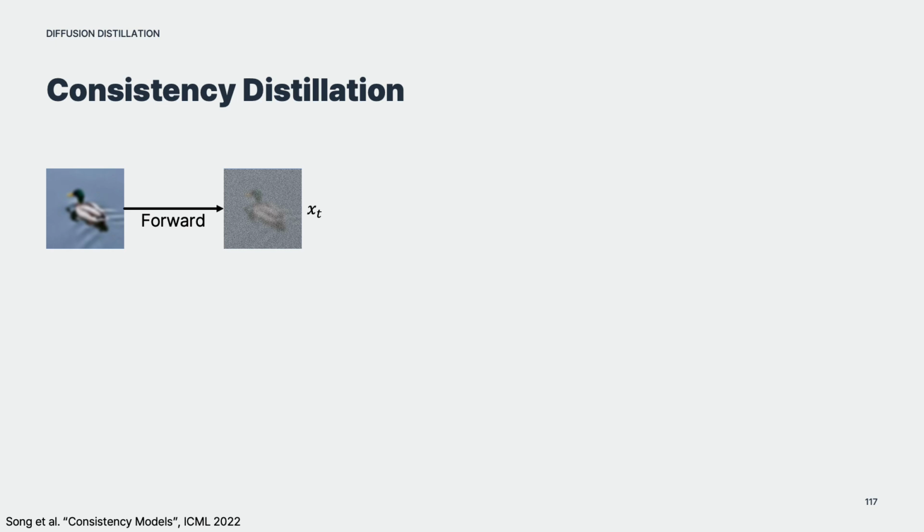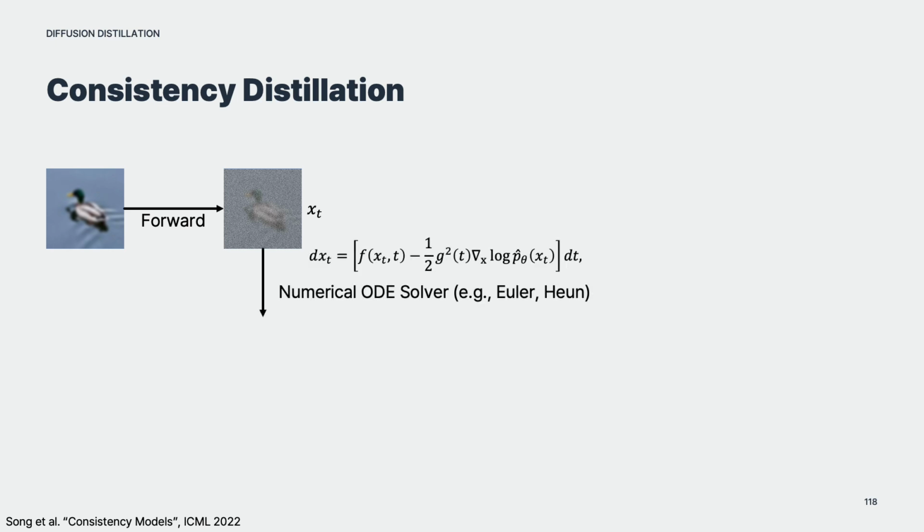Now let us see how consistency distillation is actually performed. First, given the original image, we apply the diffusion forward process once to obtain the noisy image xt at time step t. Next, we perform a single integration step using a numerical ODE solver, such as Euler or Heun. The reason we obtain the image from the previous time step starting from xt, rather than running the forward process twice on the same image, is that, as discussed earlier, one of the requirements for a consistency model is that